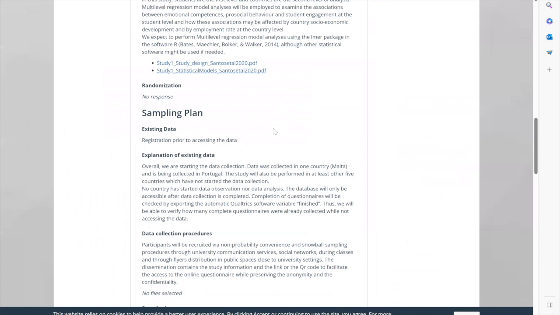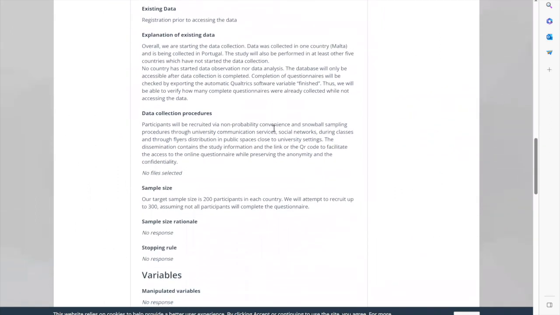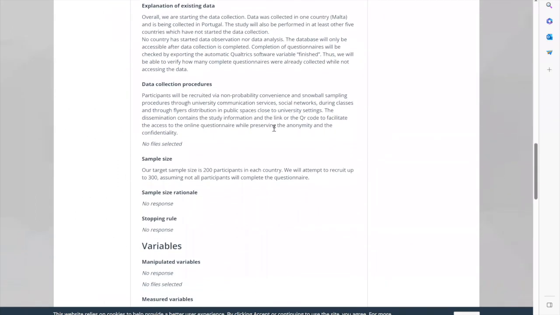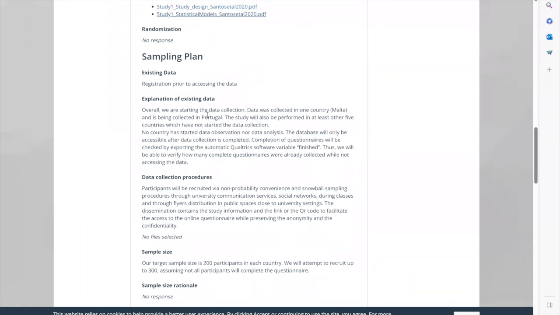So everything is detailed. Also the explanation of existing data, because in our project, which was a cross-cultural project, we started collecting data in 2 countries, and then we moved on to collect data in more countries. So not everything was at the same time.